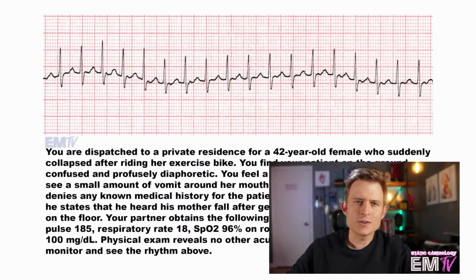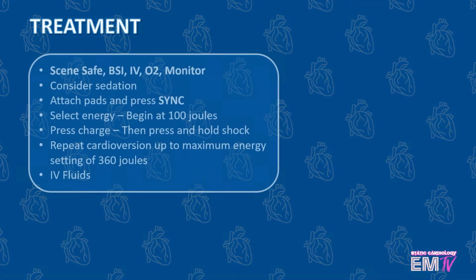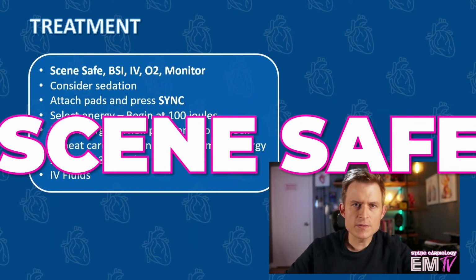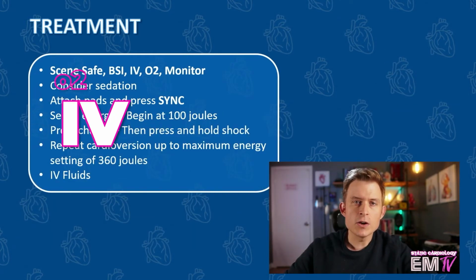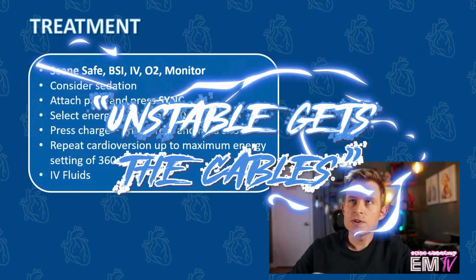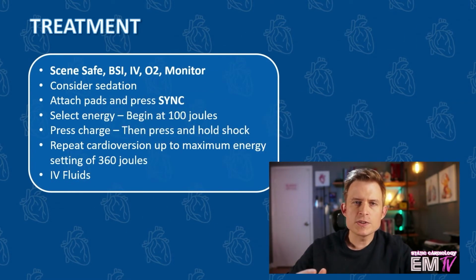Now let's go ahead and take a look at the treatment. Just like with all my other static cardiology cards, I'll begin my treatment by regurgitating the mantra: scene safe, BSI, IV, O2, monitor. Part of the airway management of this patient may involve also suctioning the airway, making sure it's clear of vomitus. Now remember, this patient is unstable, and the old saying goes, unstable gets the cables. So my primary treatment for this patient is actually going to involve